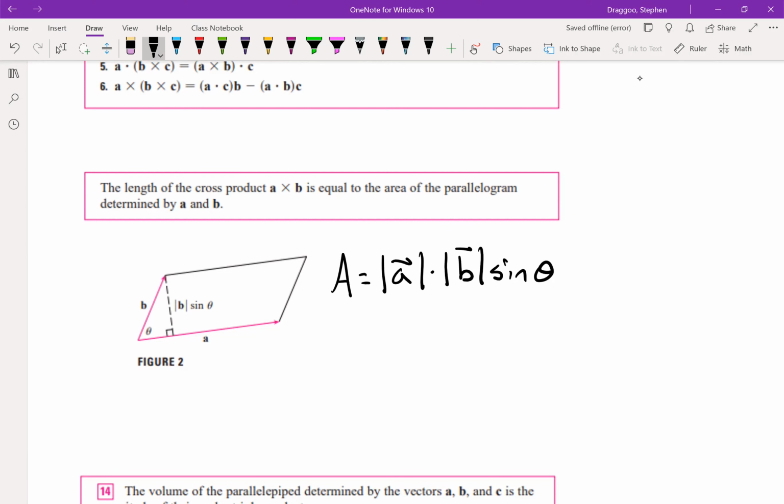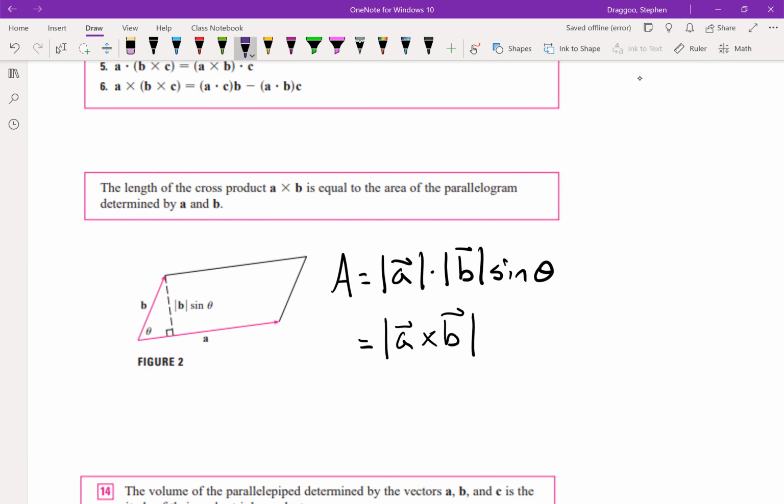And we saw from our definition earlier that this is just the magnitude of A cross B. But actually, this is where that definition comes from. By constructing this parallelogram, we can see that the cross product is equal to the magnitude of A times the magnitude of B times the sine of theta. So really, that's representing the area of the parallelogram that's between them. Or if we wanted to call it a triangle instead,